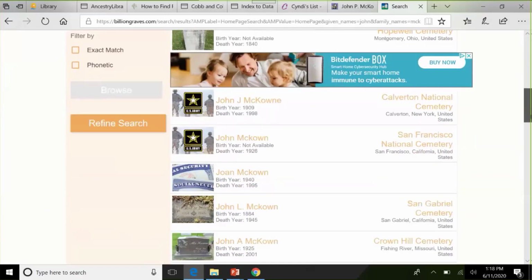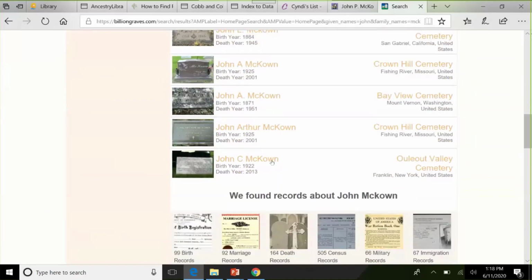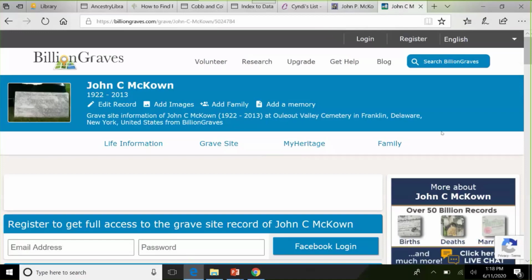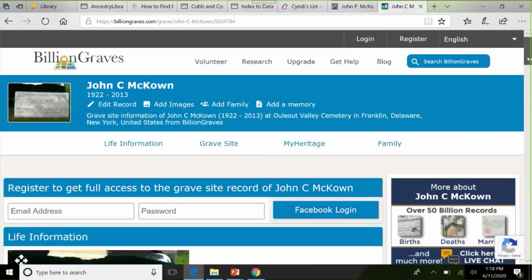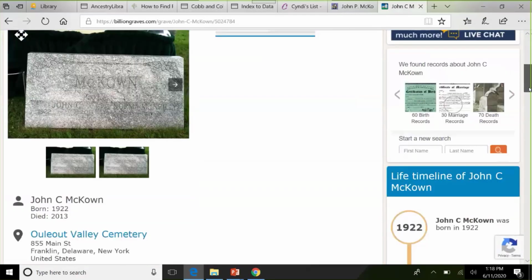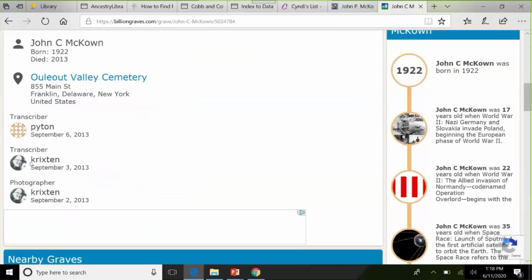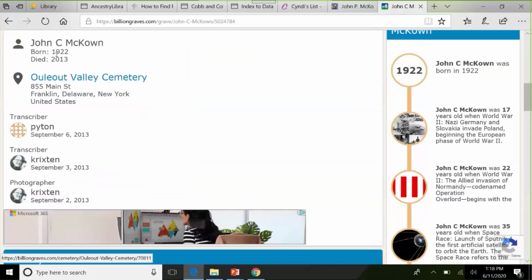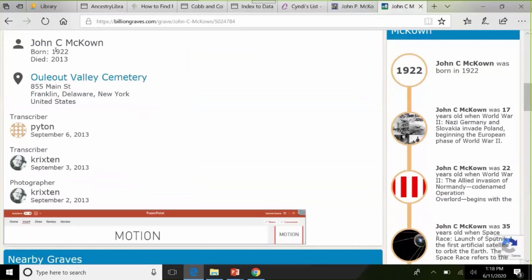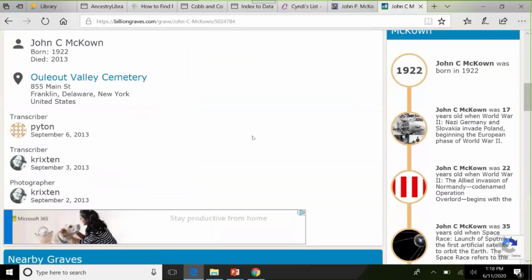Let's see here. There's lots of John. Oh, there he is, way down here at the bottom. Oh, look, transcriber. That would be me. Now you can join and you can actually transcribe gravestones on here, or you can just look up, or you can take pictures